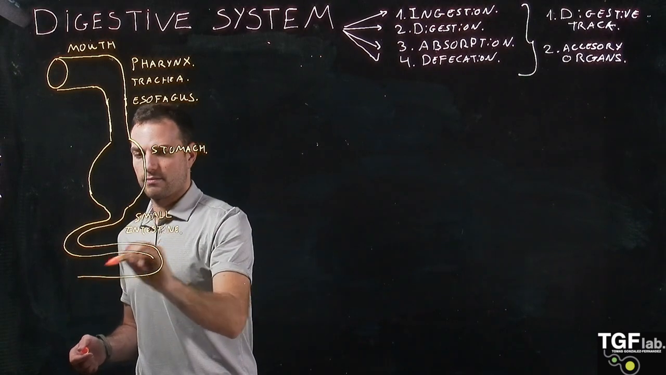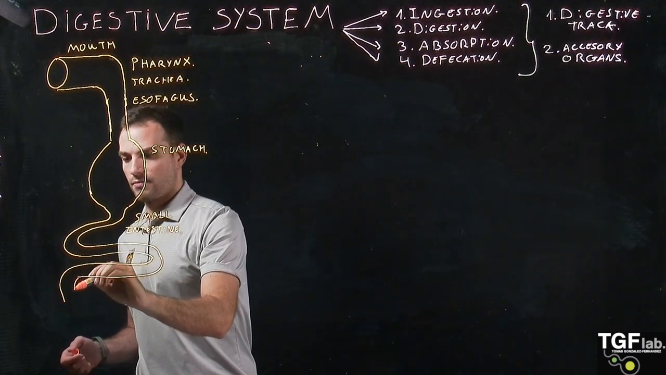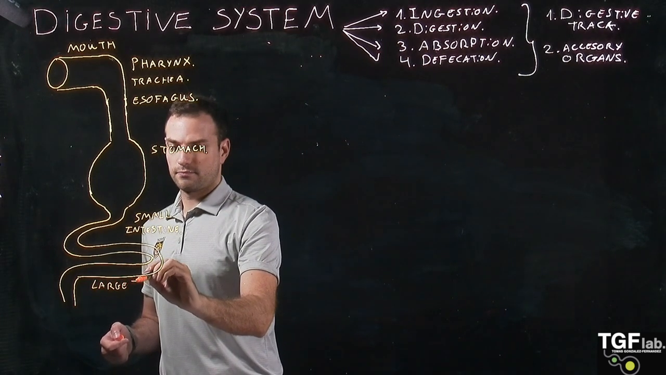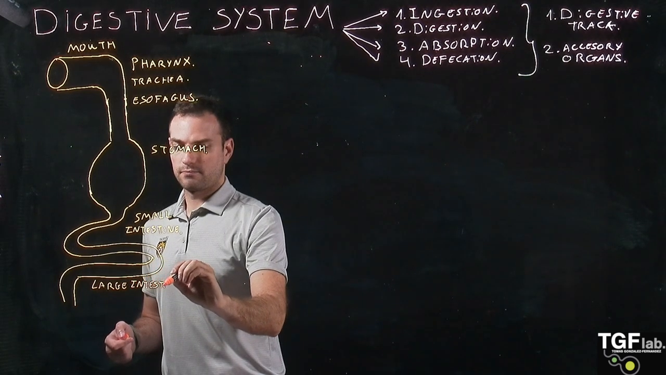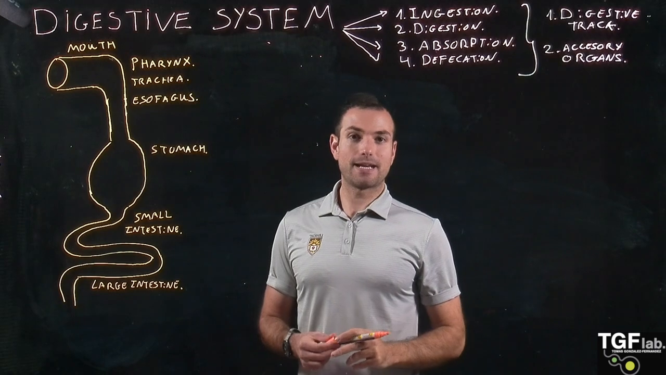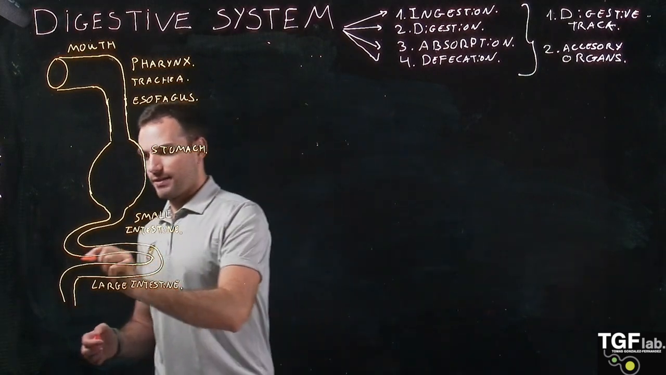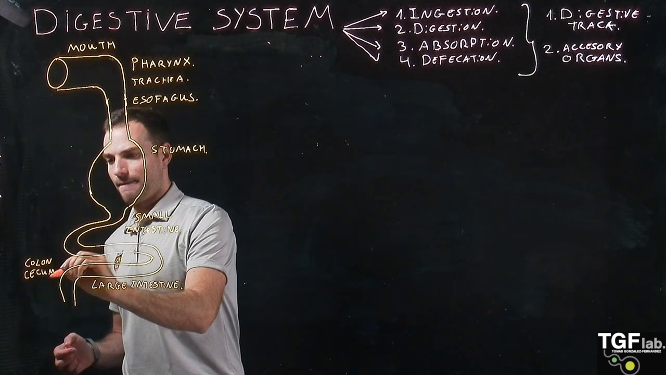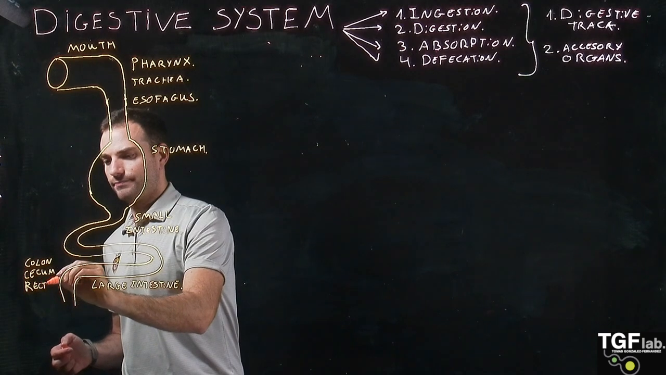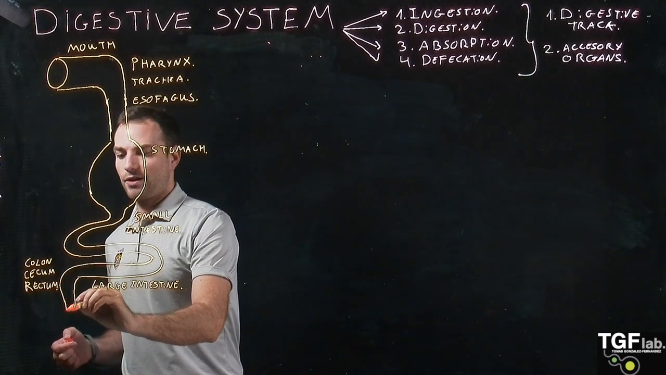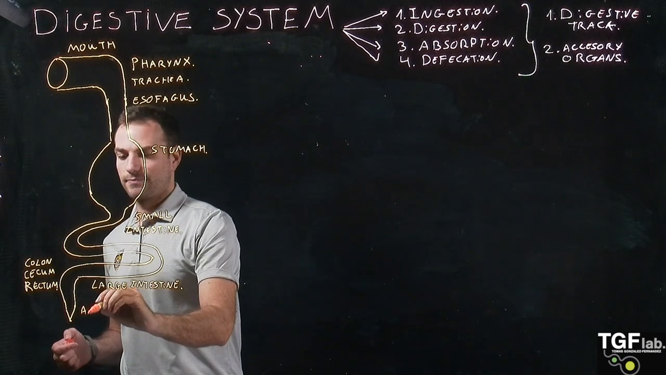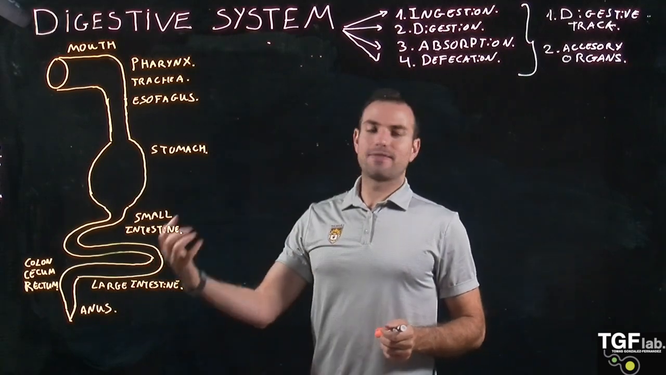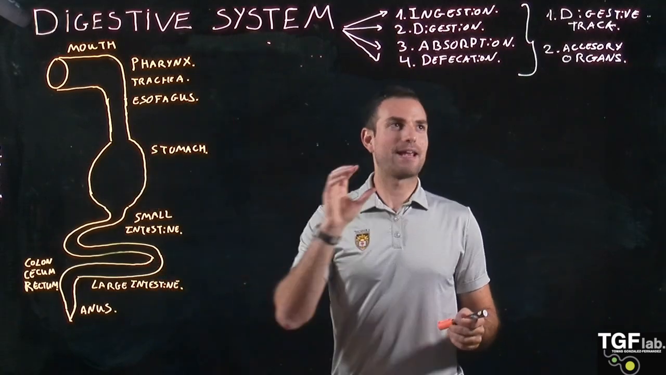And then we have the large intestine. And this large intestine is divided in three different parts. So we have the colon, the cecum, and also finally the rectum. And then at the end of our digestive tract, we have the anus. So these are the different components of the digestive tract, but also in our digestive system are very important the